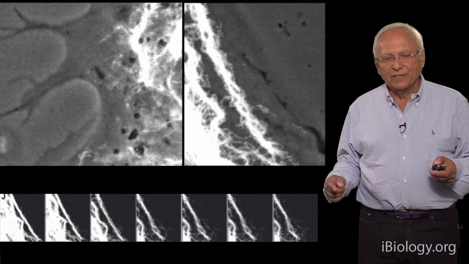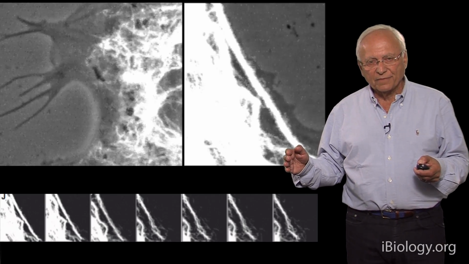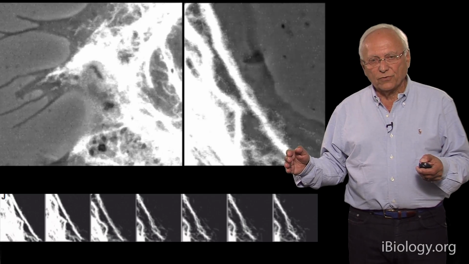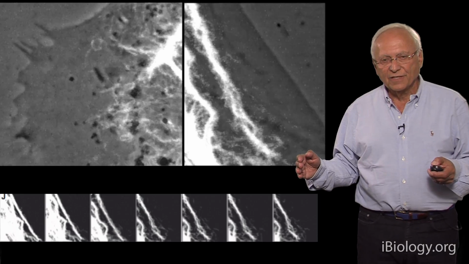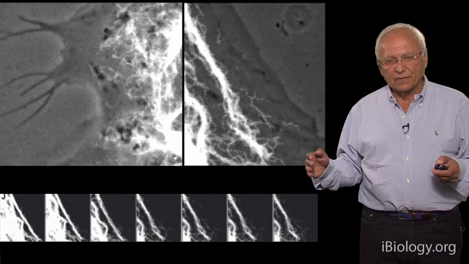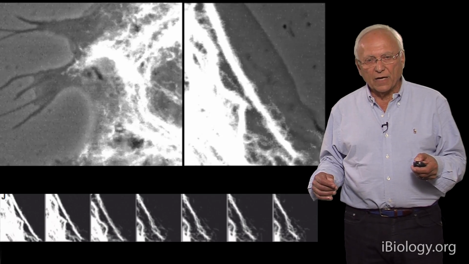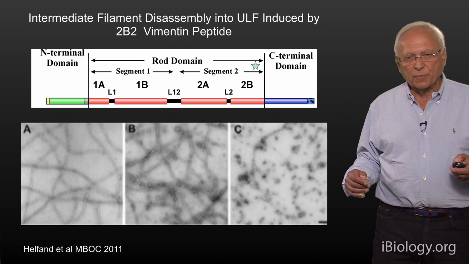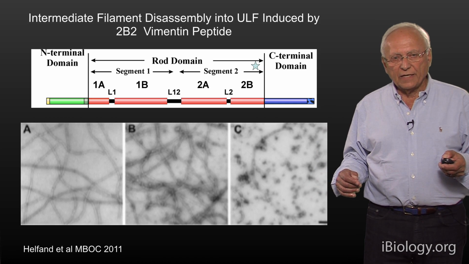So in both cases, it looks like Vimentin is stabilizing the cell surface, and only when you disassemble and dismantle it, presumably by phosphorylation and retraction away from the cell surface, do you get lamellipods forming. Now we did one other series of experiments to show the importance of Vimentin,